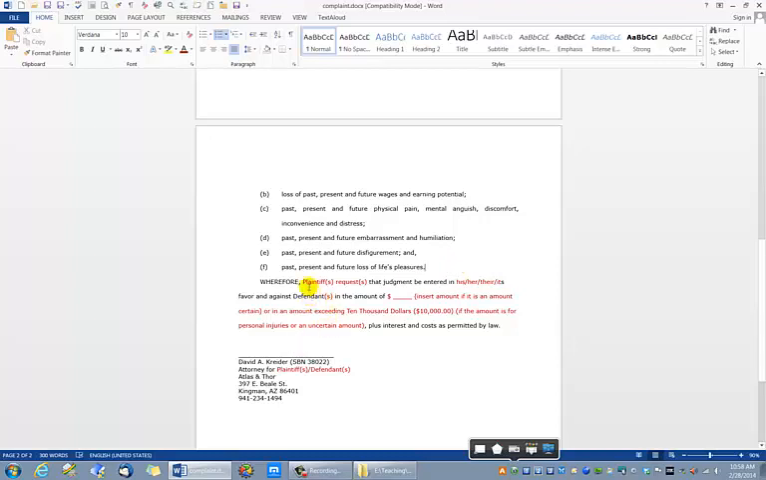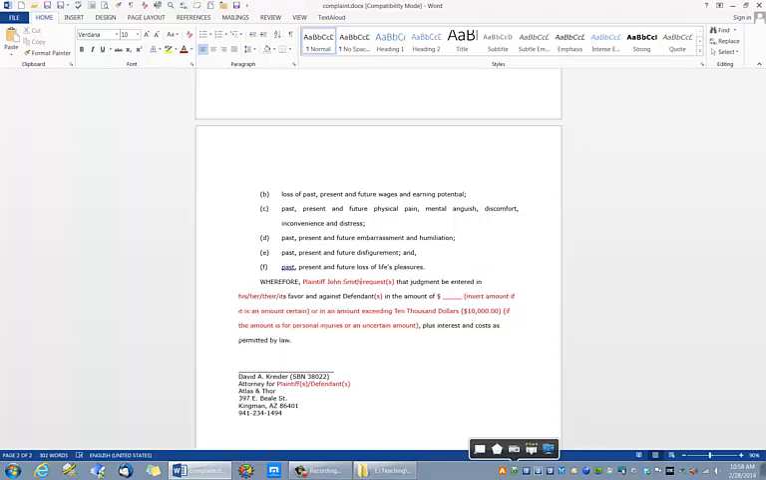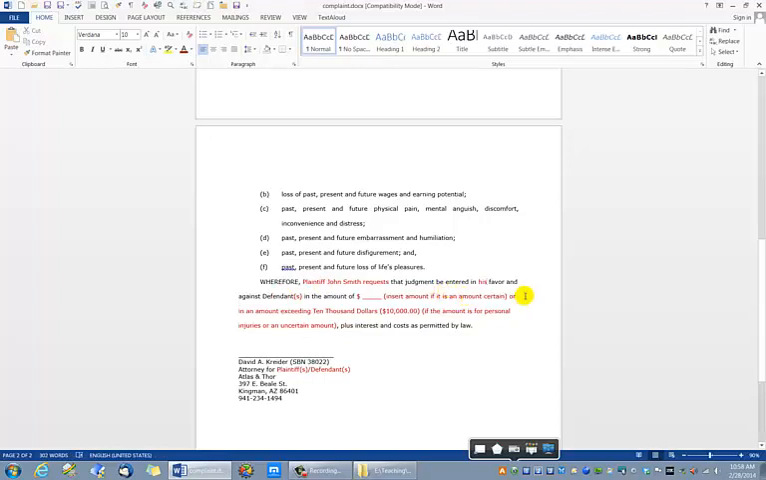In this instance, we only have one plaintiff. That plaintiff is John Smith. So I'm going to get rid of that language. It's plaintiff, not plaintiffs. So I'm going to put plaintiff John Smith, and he requests. He's singular, so he requests that judgment be entered in his favor, not her, their, or its. So I just changed this. And against defendant, there's only one defendant, and that's Mary Jones,